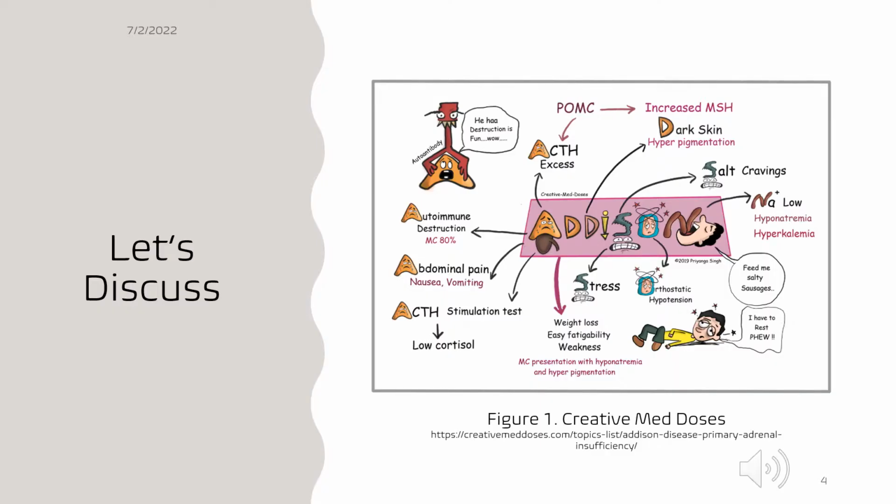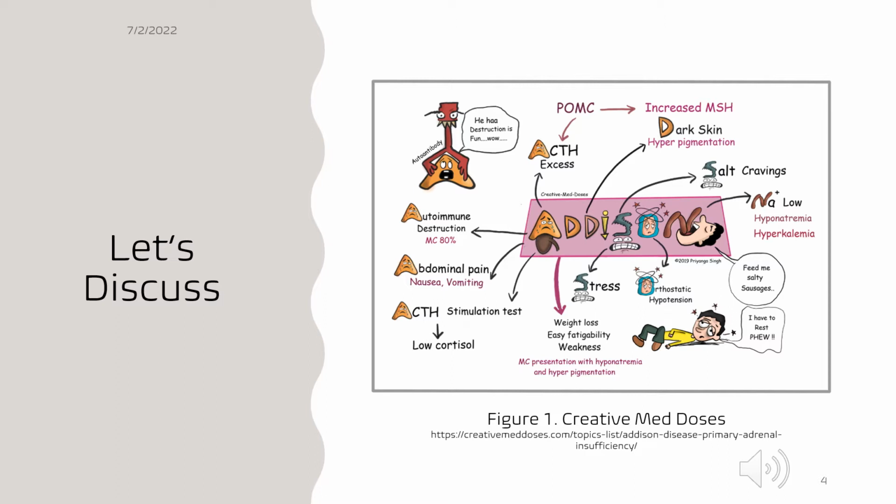Alrighty, so let's talk about what Addison's disease looks like in the body. On the top of the diagram, you'll see the abbreviation POMC. POMC stands for pro-opiomelanocortin. That contains melanocyte-stimulating hormone, which is MSH, which is also released with the production of ACTH. Because there is an increase in MSH, the subsequent deposition of MSH in the skin is responsible for the well-recognized hyperpigmentation